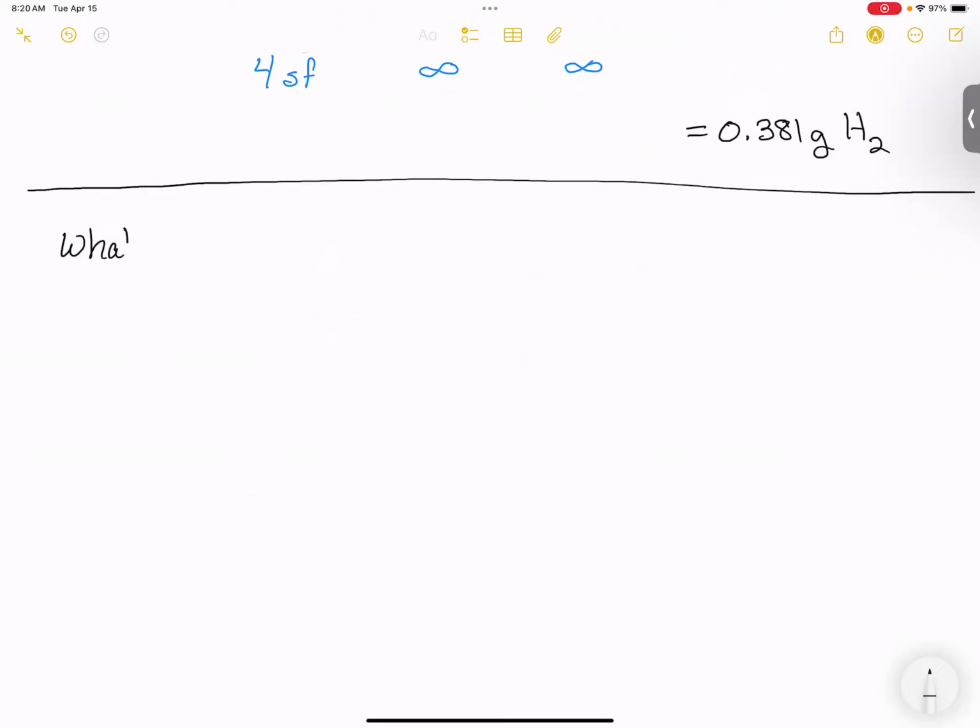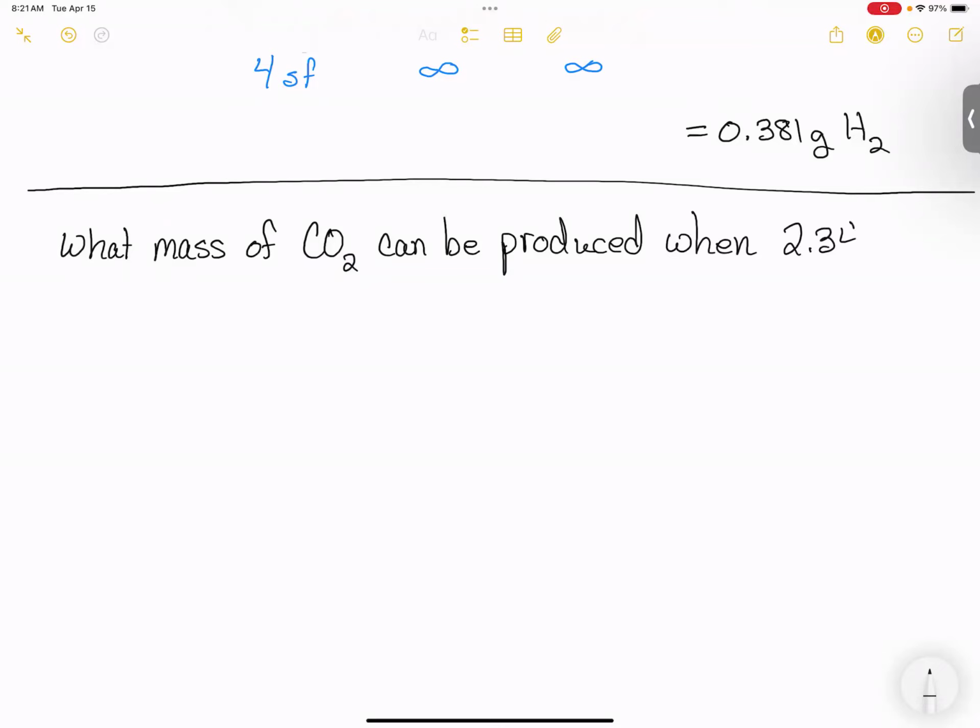What mass of carbon dioxide can be produced when 2.34 grams of I2O5 react with excess carbon monoxide, given